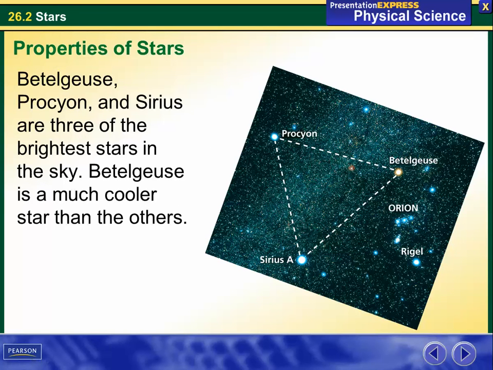They give an example of three stars that are visible. We have Betelgeuse, Procyon, and Sirius, which are three of the brightest stars in the sky. Betelgeuse is much cooler than the others, and you can tell this because